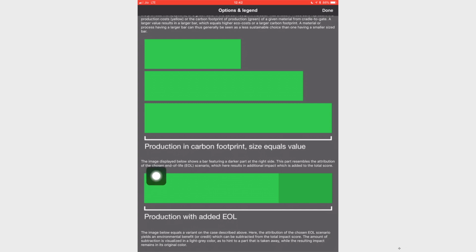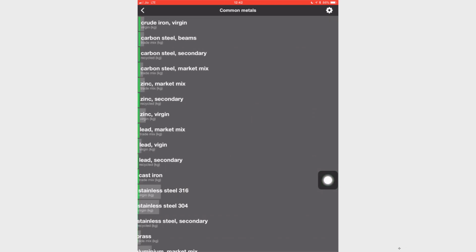What it implies is, the image displayed below shows a bar featuring a darker part at the right side. This part resembles the attribution of the chosen end of life scenario, which here results in additional impact which is added to the total score. So, let us go back to our list.